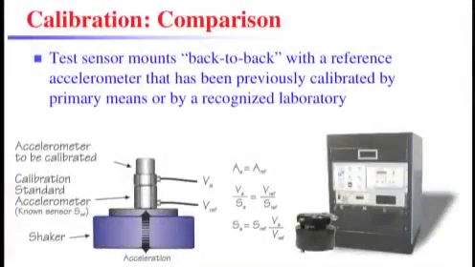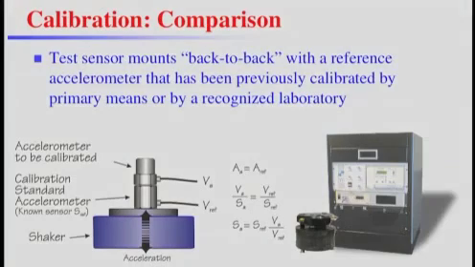The comparison or back-to-back method is performed by mounting the sensor under test directly to the surface of the reference standard, which has a calibration traceable to one of the national labs. The fundamental assumption made is that the acceleration of the reference accelerometer and the acceleration of the sensor under test